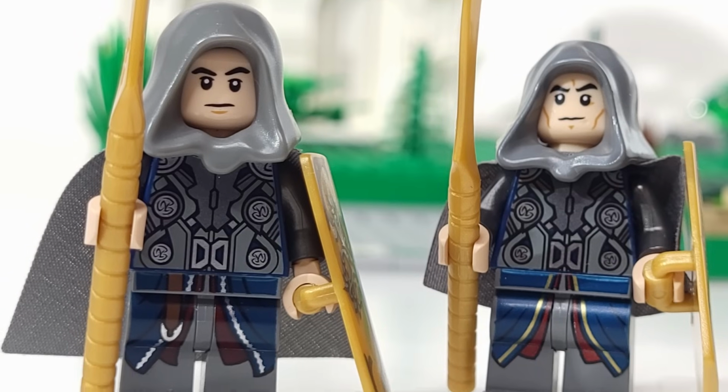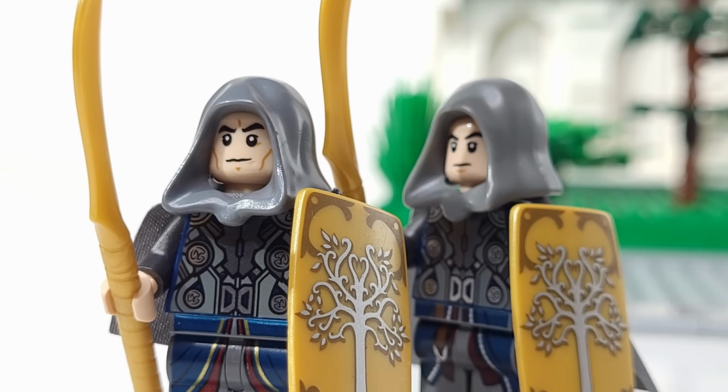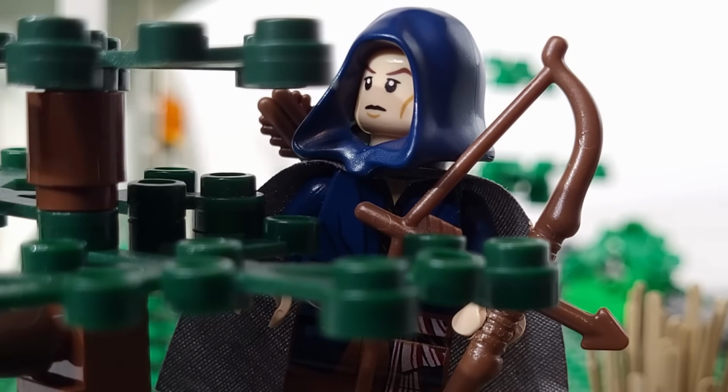The elf sentinels are highly trained warriors equipped with longswords and shields. Tasked with defending the borders of the forest, they have these custom golden shields with tree printing. These deadly shadow archers are able to move among the trees of the forest throughout the night without ever being